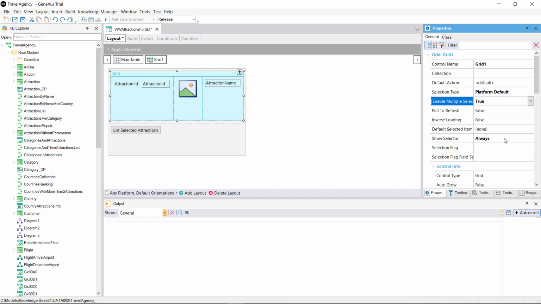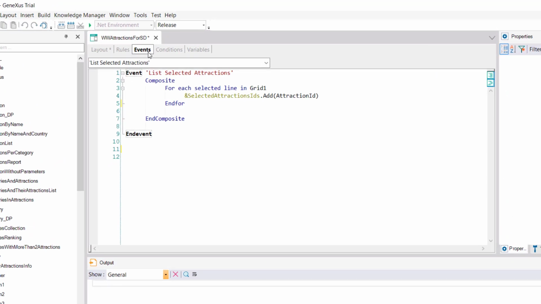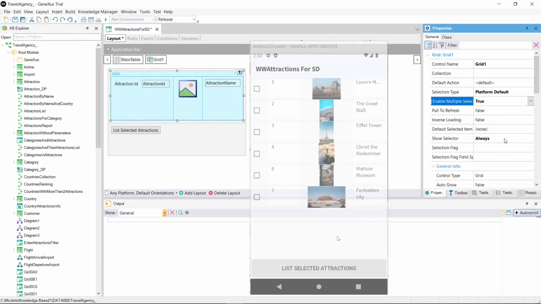These properties save us from having to declare a Boolean variable as we just did for the web. Then, to run through the rows, the command for each selected line must be used. It must be grouped in a composite block. What this command will do is that if one of the instructions fails, the rest will not be executed.